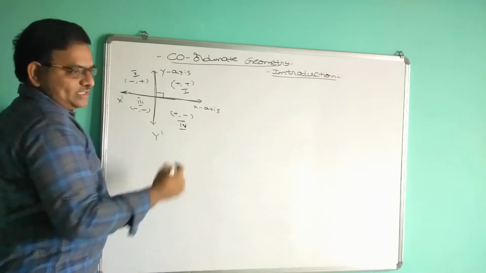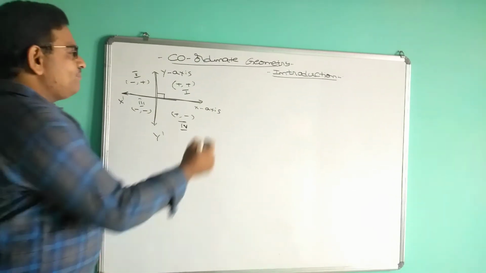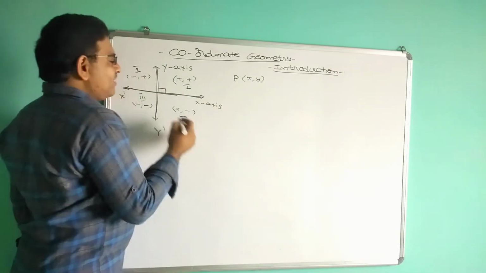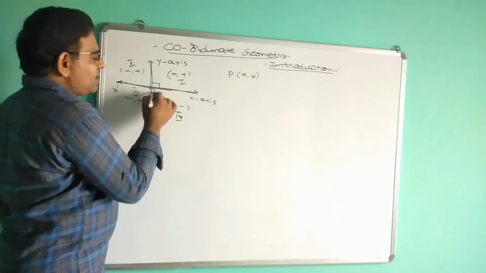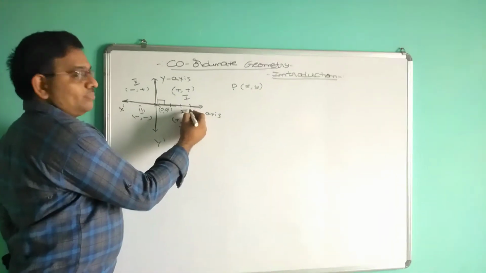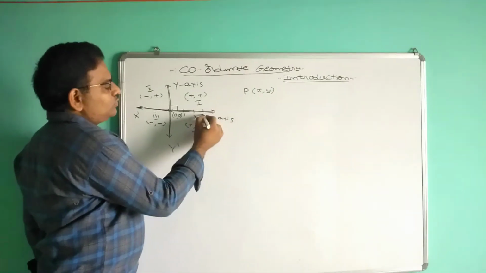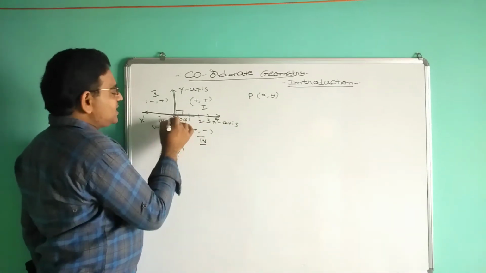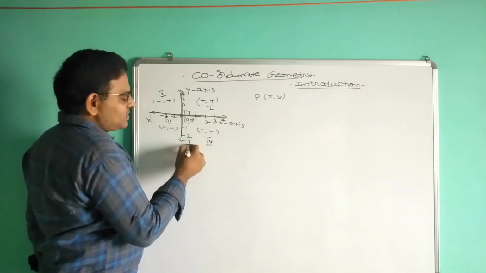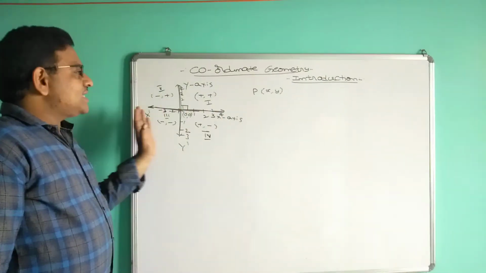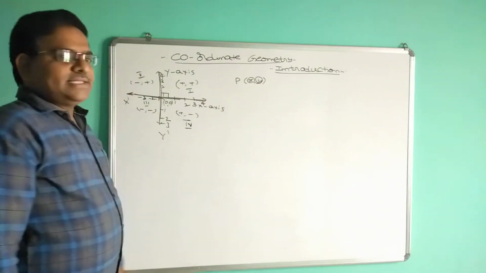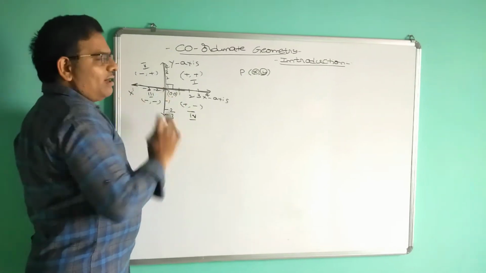You already know that. The next concept: generally a point is denoted as P(x, y). For example, this point is called the origin. It is denoted by (0, 0). Now here 1, 2, 3, 4, and so on. This side minus 1, minus 2, minus 3, and 1, 2, 3, 4, minus 1, minus 2, minus 3, like that you are denoting on the x-axis and y-axis. For a point, first the x-coordinate, later the y-coordinate you denote. Then this is called the origin.